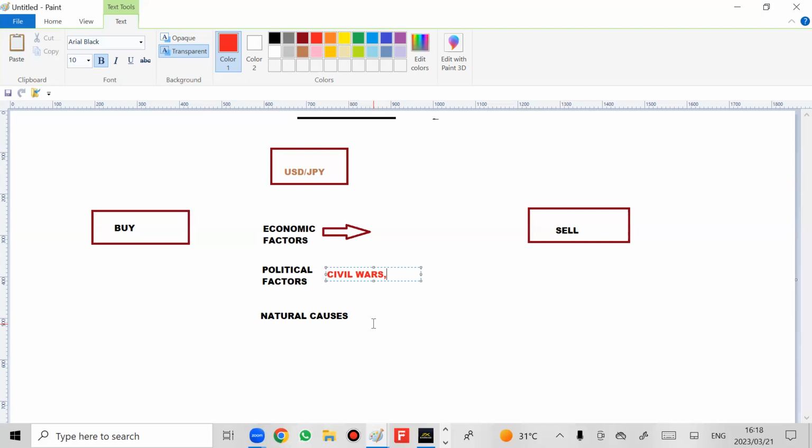And those groups also contribute to your naira falling because they scare a lot of investors from coming to invest in your country. So, like I said, we have a variety of factors which can contribute to the currency downfall